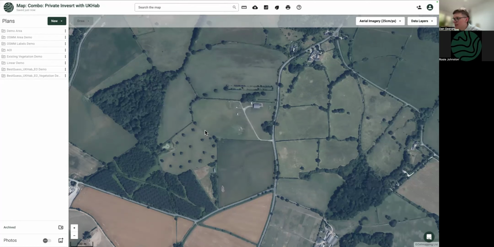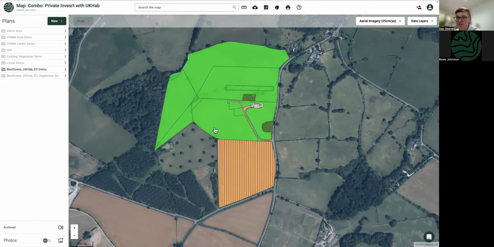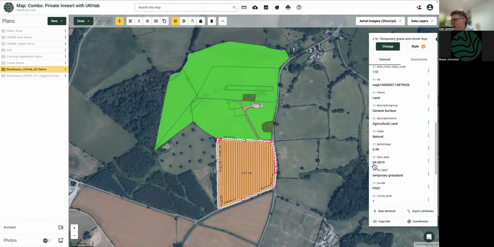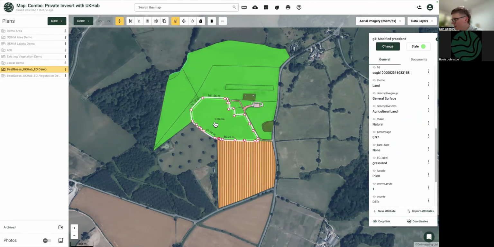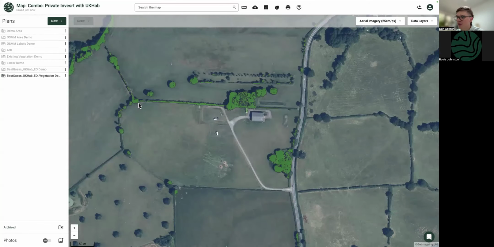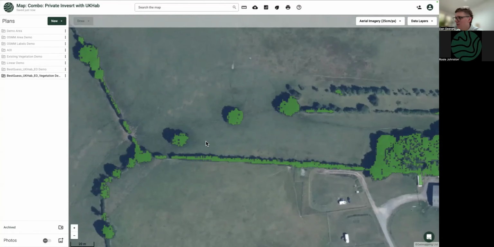So this one's more temporary than this one. And it also tells you some probabilities of why it thinks it's temporary, for example. So this one was bare in September 2019. So whether they've reseeded it or another reason, or it might have just been very dry. I don't really remember what happened in September 2019, but it's detecting something different in the model that says actually it's more likely that that's temporary grass compared to these more permanent grassland sites. These data sets then allow you to also look at vegetation. So we also serve the location of the trees. So you can start to get, where are the trees in the field?